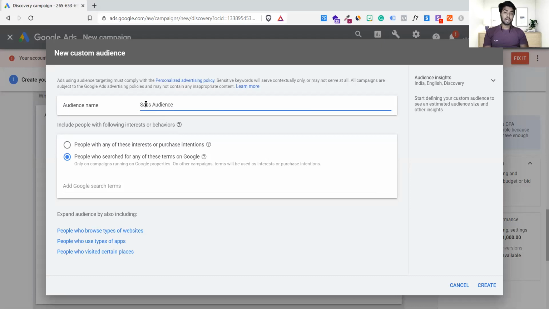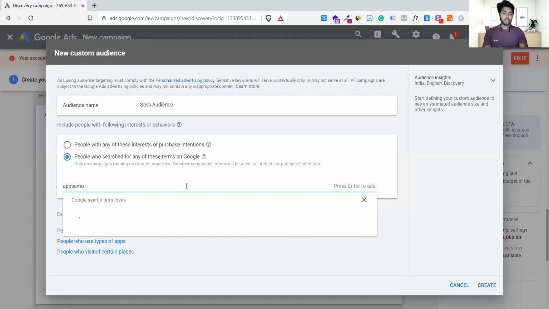So as of now my job is to target the audience, those who are into software things and all, and they really love to use software. This is my target audience. So what I will do, people with any of these interest and purchase intention, I will not use it. I'll just go one step ahead. People who already search on any kind of things in Google, it means they have an intention to buy it. So I will know that okay, this guy. So what I will do,